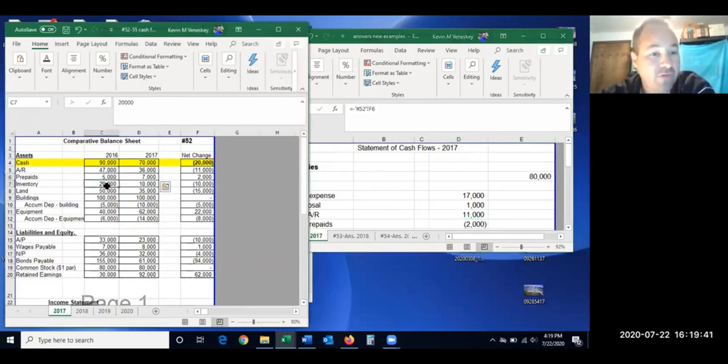Then our last one, inventory. Inventory is just like any other current asset. When inventory goes down, that means I expensed out some of that inventory as cost of goods sold, but I never replaced it. My inventory went down, and so I didn't spend the extra money to replace it. So my cash actually